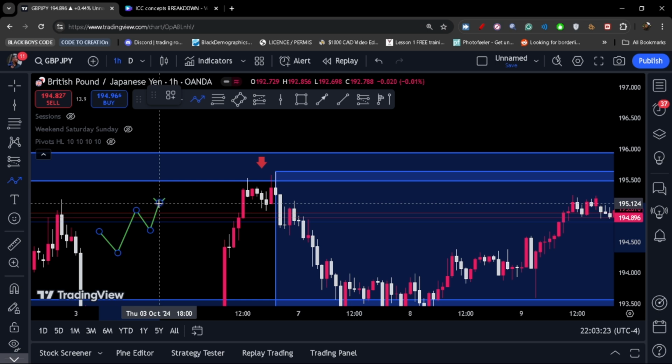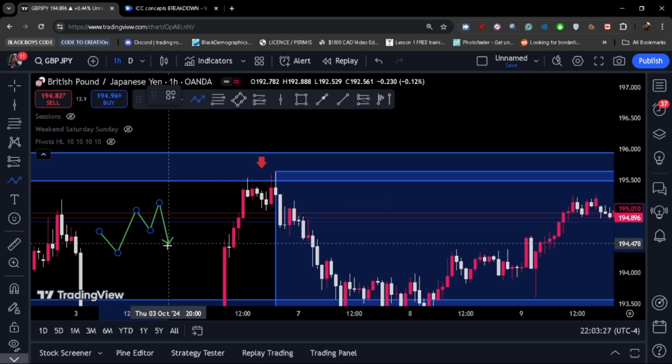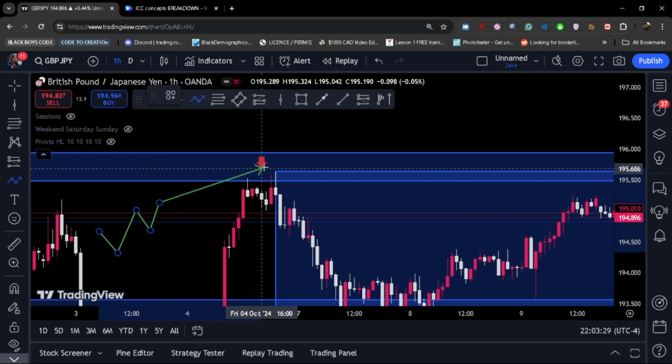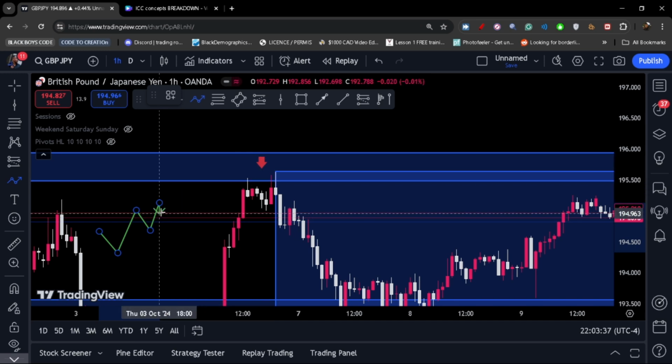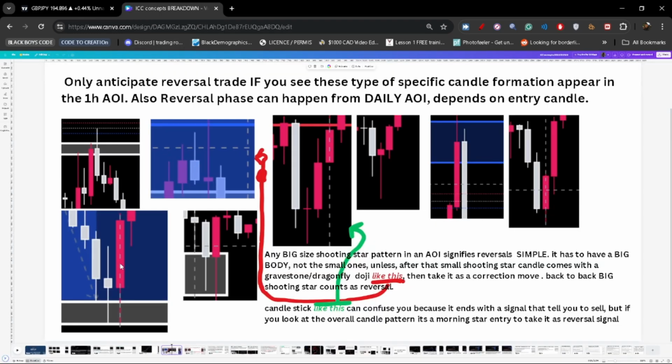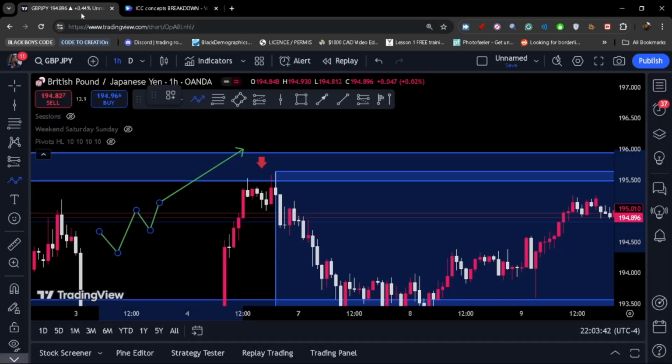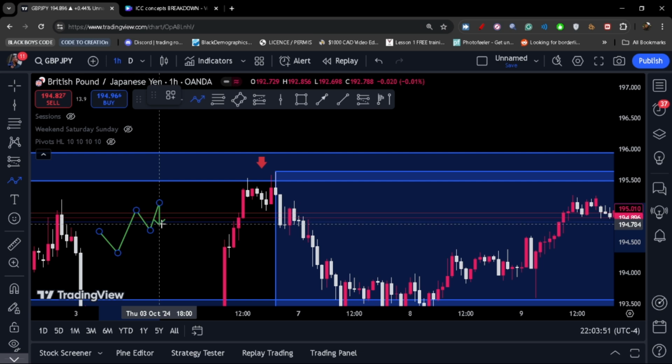And the next phase we have is going to be the correction phase. So obviously, this correction phase is actually going to be a reversal phase in this case. And also, as you can see, price is reacting from this daily area of interest, right? So of course, the confluence will be, okay, I have a big shooting star candle, and in this ebook, price has said, okay, whenever you see a shooting star, then it's a reversal, right? So we are going to assume that price is likely going to sell from here